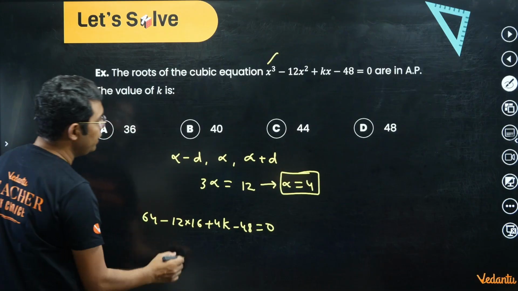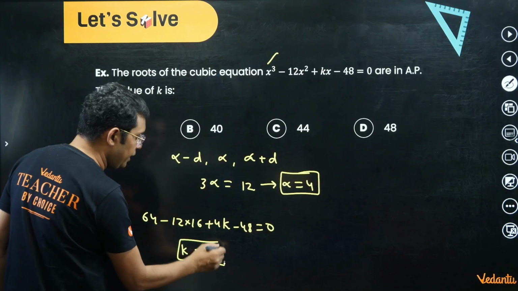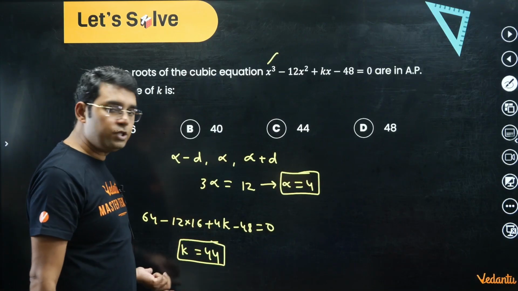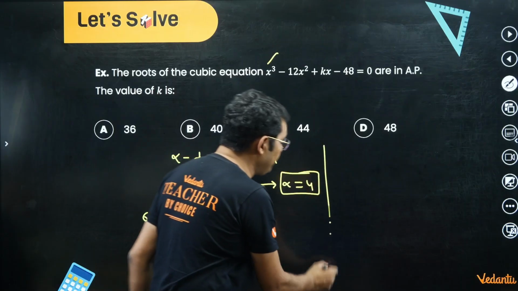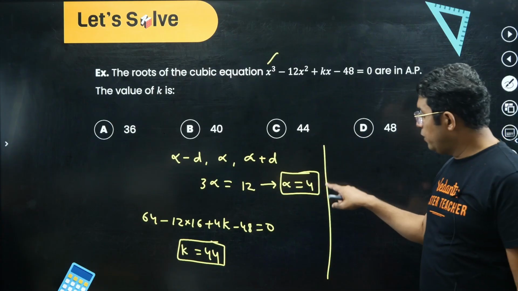I think if you solve it, you will get K is equal to 44. I think I remember this answer, K as 44. Okay, simple calculation, you can do it. Or there could have been another way, although that will be slightly longer, that if you have found alpha is